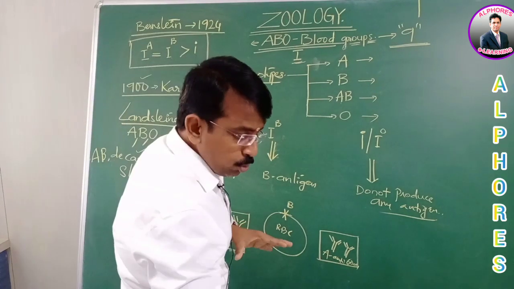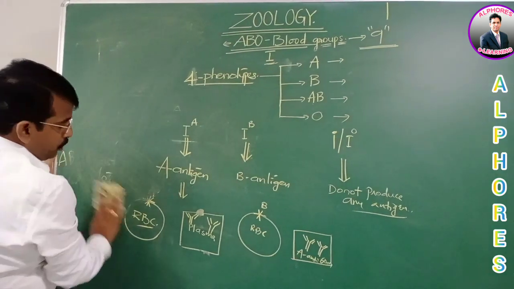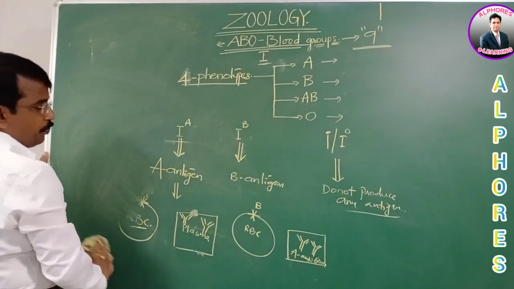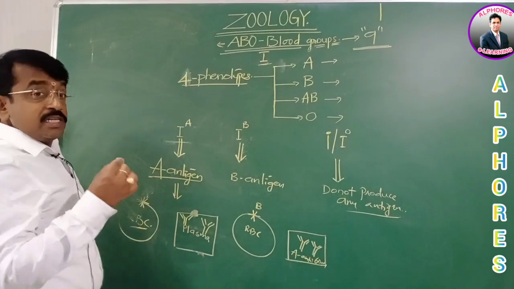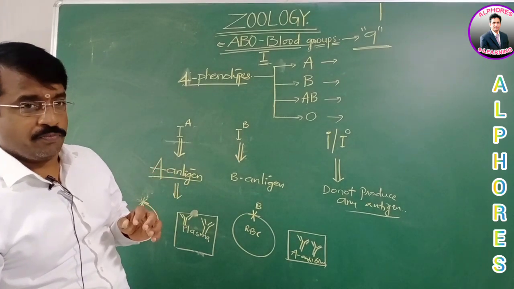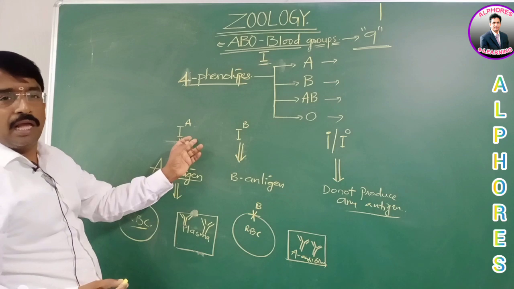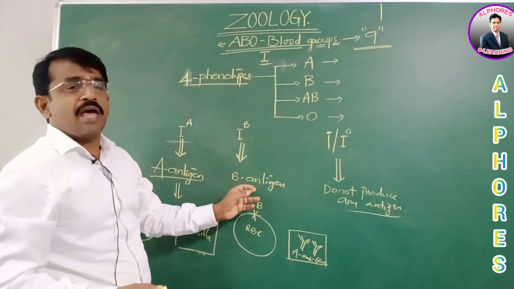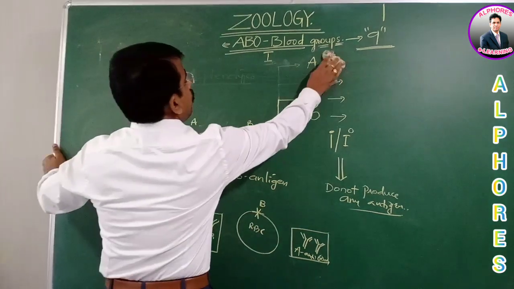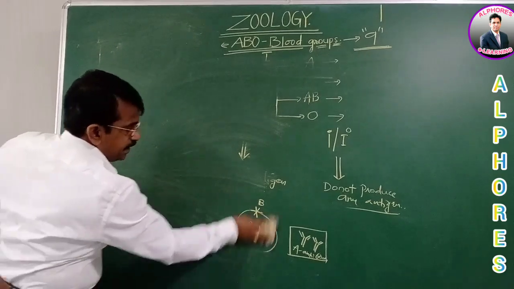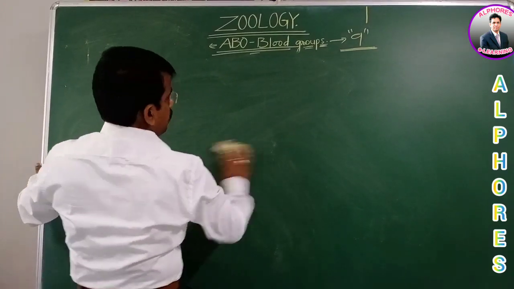Now let's see how these blood groups are being identified. What I informed you is that A is the blood group, A is the phenotype, with the A antigen. Why is it with the A antigen? Generally, A antigen is synthesized by the IA allele. IB allele synthesizes the B antigen and IO does not. Now let's see how all 4 blood groups are identified and described. Let's have the description.